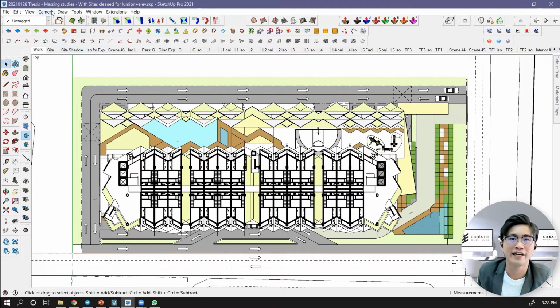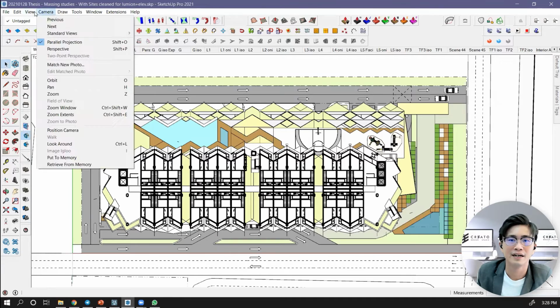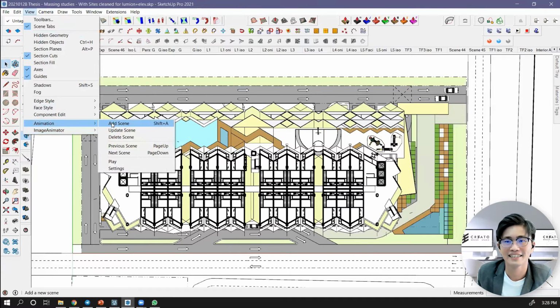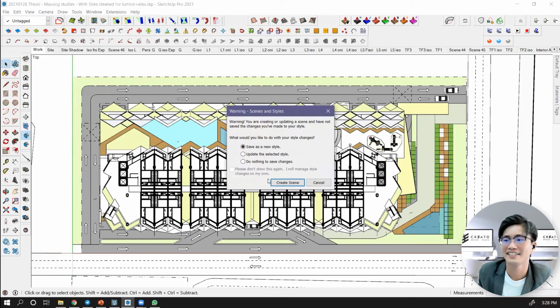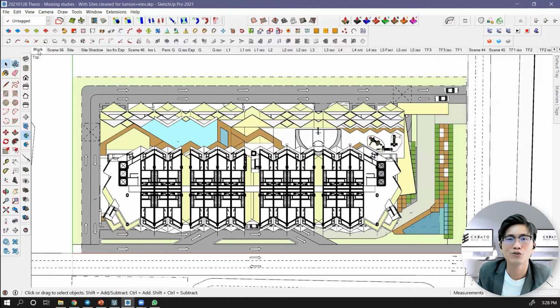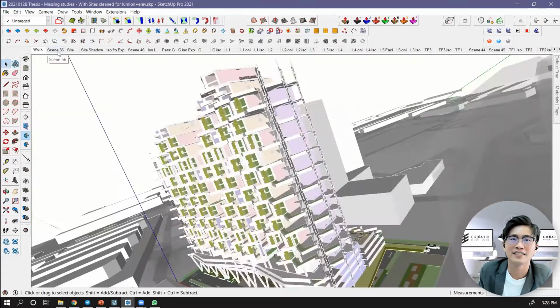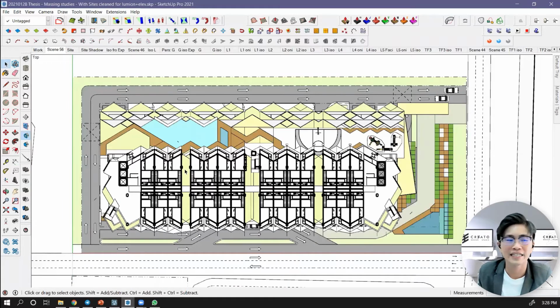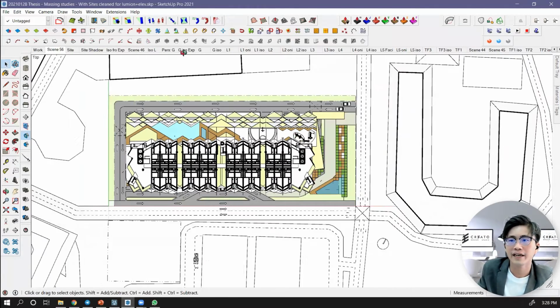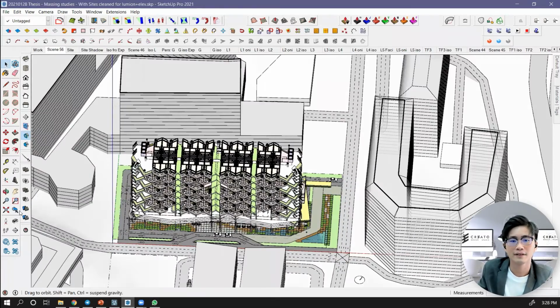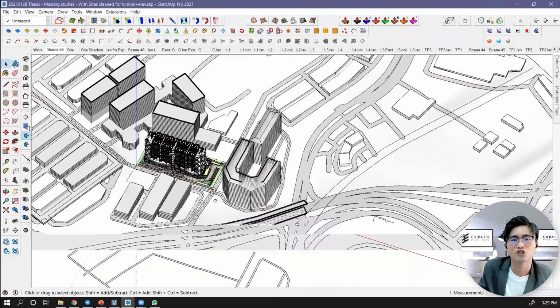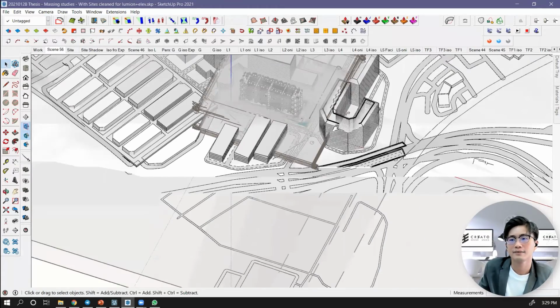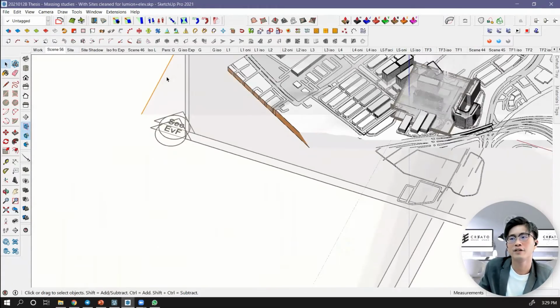And then I will hit Shift A, or you can go to Camera, Animation, Add Scene. Very slow, right? So back to my work scene, you can see every time I press this back, I get back to my plan view of this level. So if I suddenly regret and want to adjust the plane lower or higher a bit, I can go far away and then show my section plane, this one, the orange one.